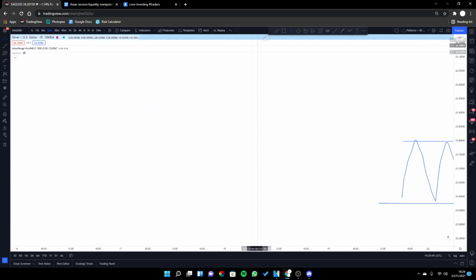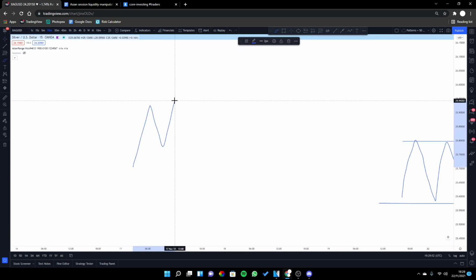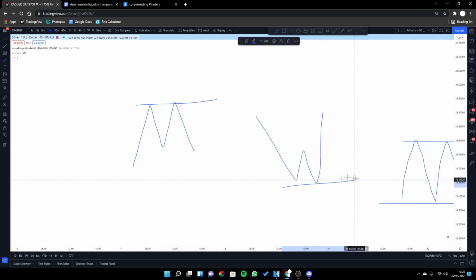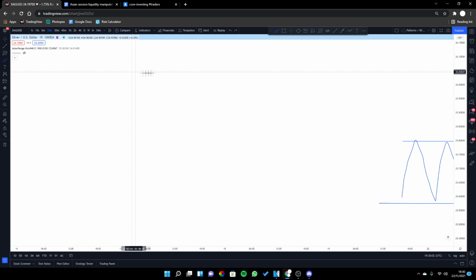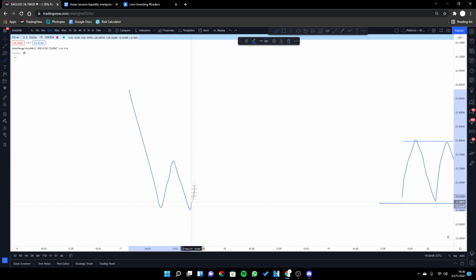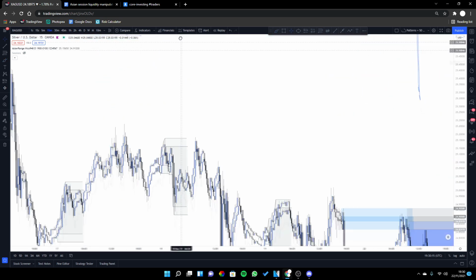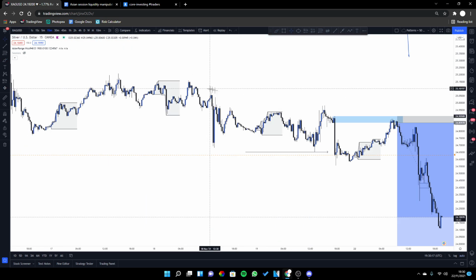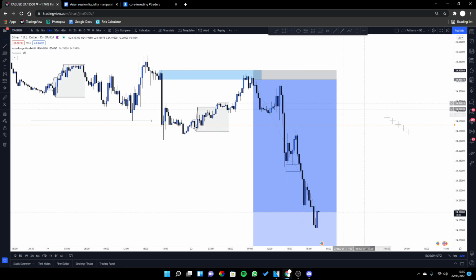And as we know, liquidity as a whole doesn't necessarily have to be an Asia high or low. It can be liquidity in the form of equal highs, equal lows, or a trend line, right? Liquidity as a whole acts as a magnet to the market, and therefore we can use liquidity. Say for example, we had an area of equal lows in this market, we can use those equal lows as confluence for the sells that we are opening at the top of this market right here. So liquidity is very, very important when we are trading smart money concepts as a whole,